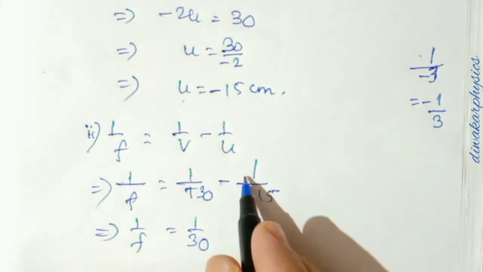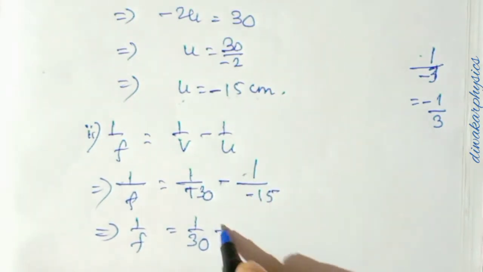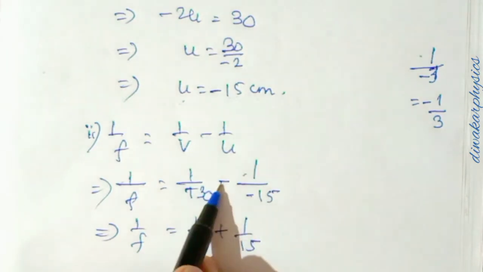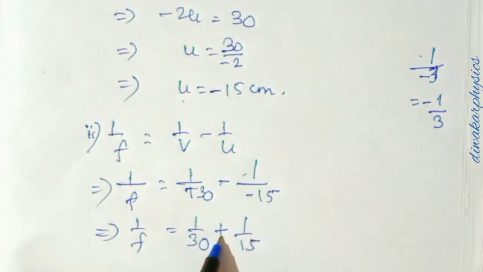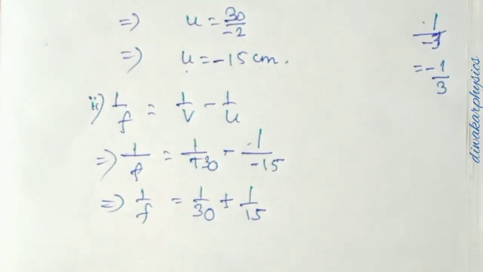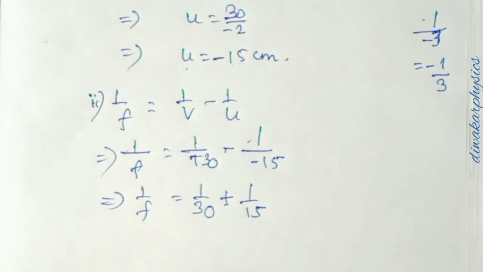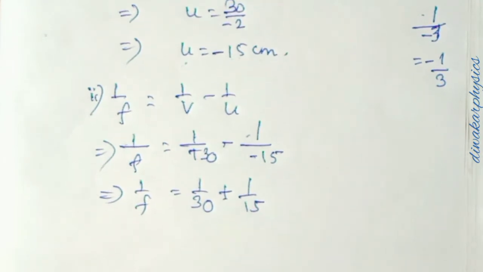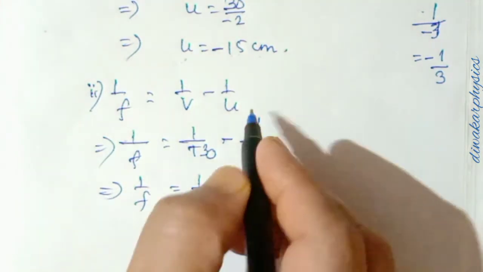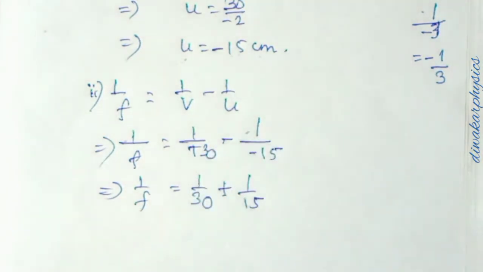Then if you take up the minus, then minus minus plus. So 1 by 15. If there is plus here, then it will be minus. So anyway, don't keep negative signs in the denominator. You can keep it and solve, but what I find is most of the students make mistakes after that. So I suggest you take these negative signs immediately into the numerator. Okay. Now it is a simple fraction. You can solve it.